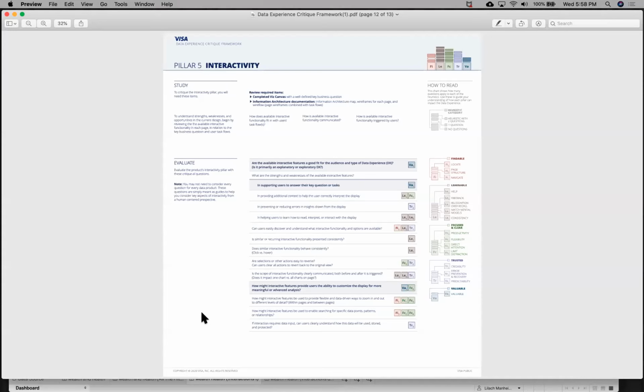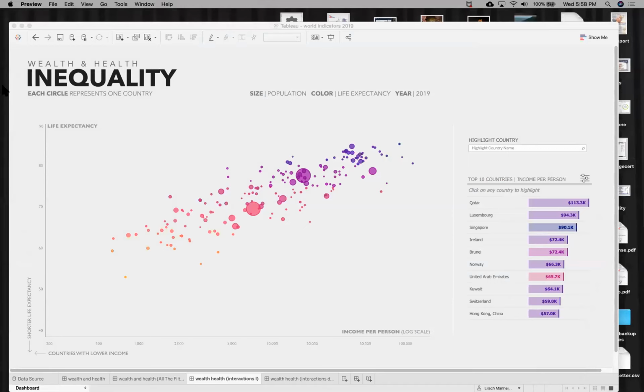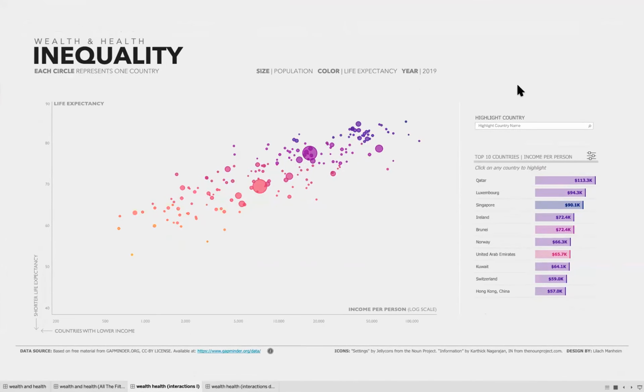So I'm going to try to wrap this up as quickly as possible. Just going back to our workbook, I'm just going to show you real quick how we might go about iterating on this version using the critical questions.